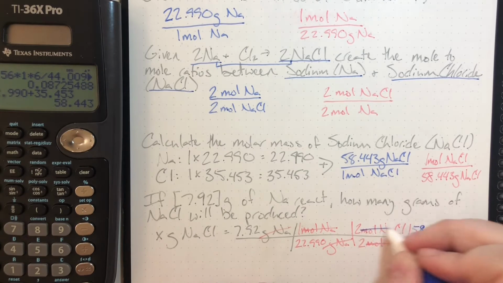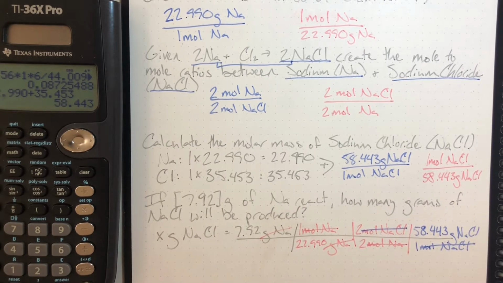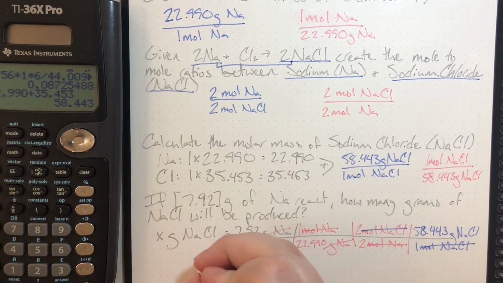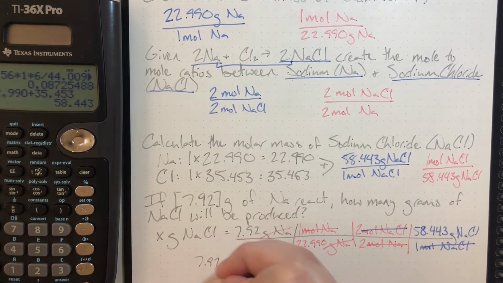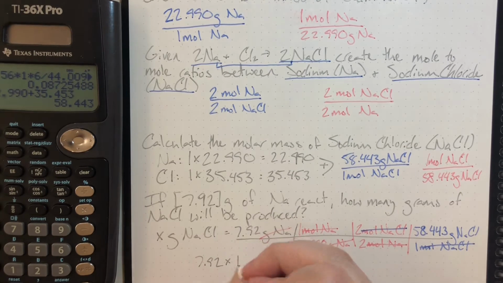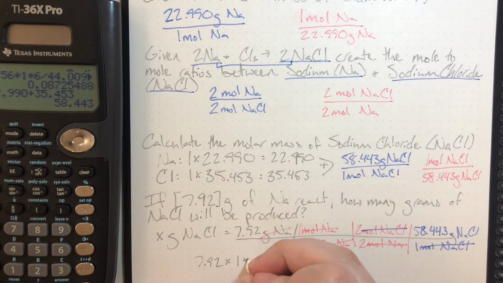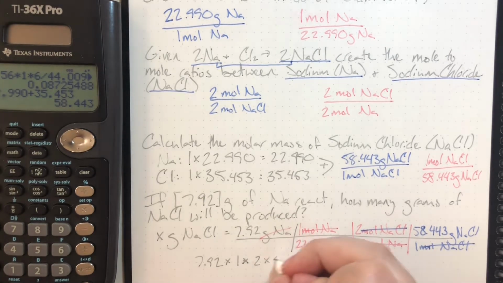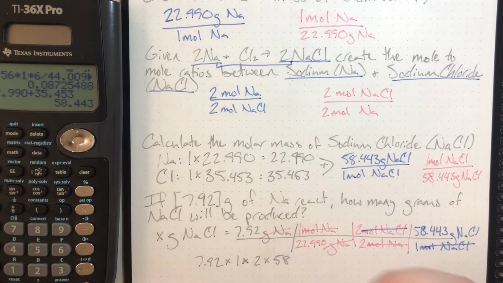Moles of sodium chloride will cancel. That will leave me with grams of sodium chloride, which was the unit that I said that I wanted. So that means I can go ahead and start solving the problem and plugging it into the calculator. This is going to happen by me multiplying everything that is in the numerator and dividing by everything that is in the denominator. So that means I will have 7.92 times 1 times 2 times 58.443